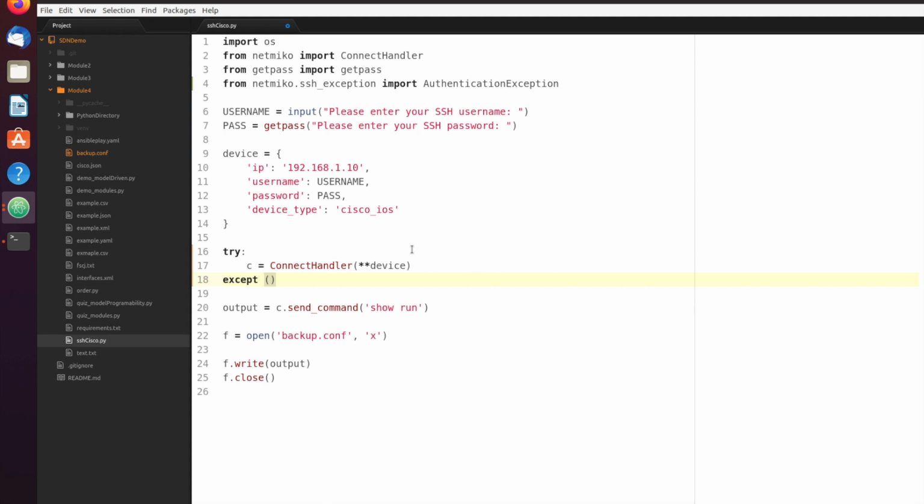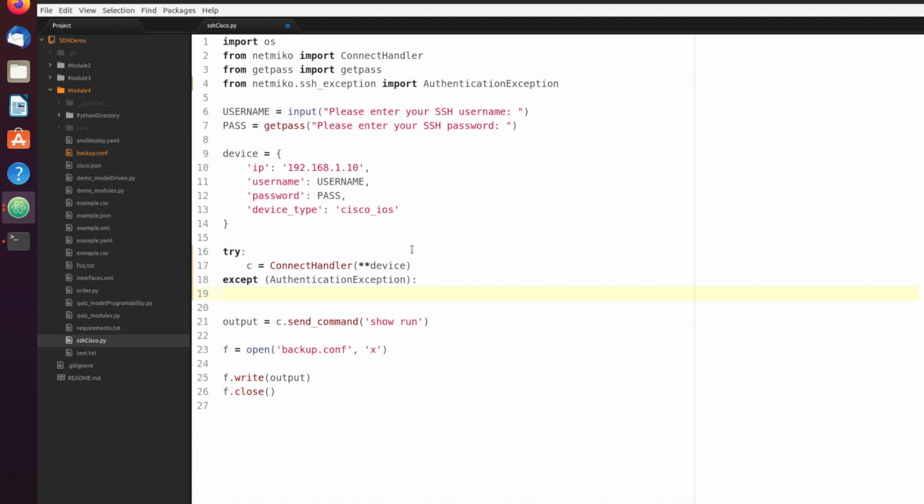So except authentication exception, and I will print to the terminal an authentication error occurred while connecting to, and then I'll plus, and I'll do device IP. Okay, so I'll save that,